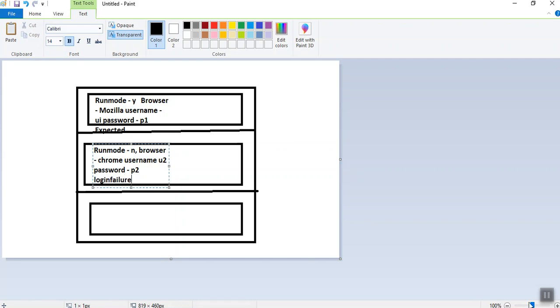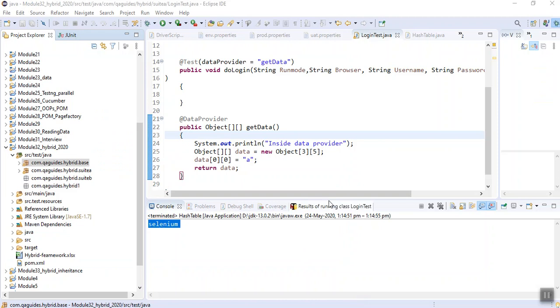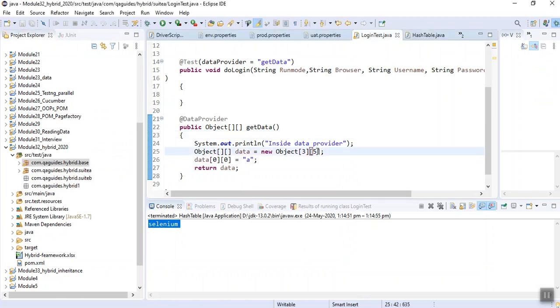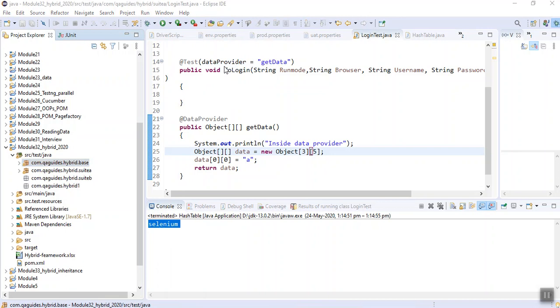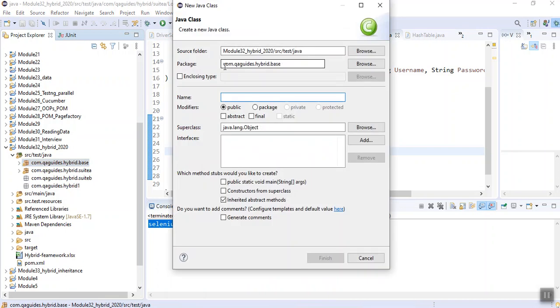Are you getting the things? So tomorrow there can be any number of columns, it doesn't matter. We just need to put the data in our hash table in every row. So now we don't need these as five. We need just one column. Let me make the logic. I am making the logic for it in a new class, named temp.